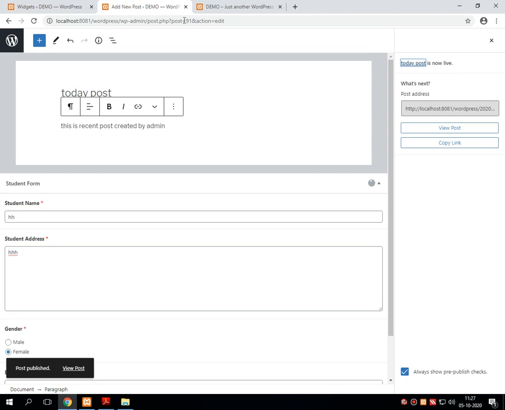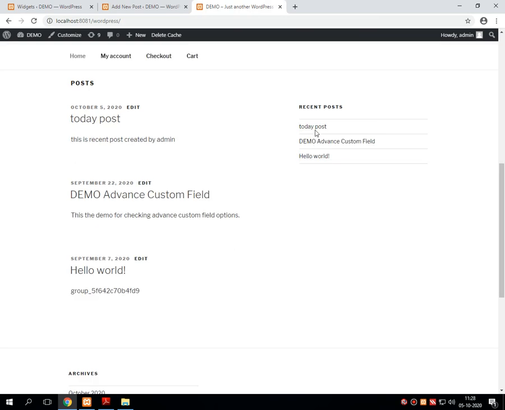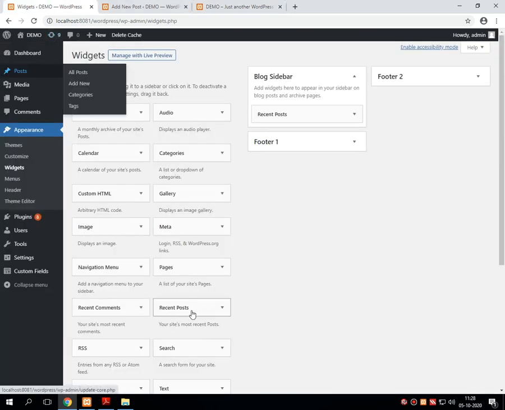Once the post has been published, you just refresh this page. Instead of these two posts, you will get a total of 3 posts over here, and this is the recent one. Whatever the recent post is, it will become the first position, then the older one, and then the oldest one. So in this way we can use recent post as a widget in WordPress.